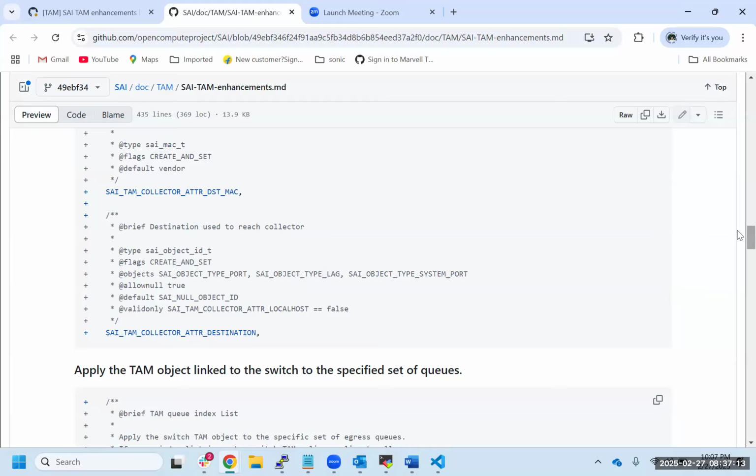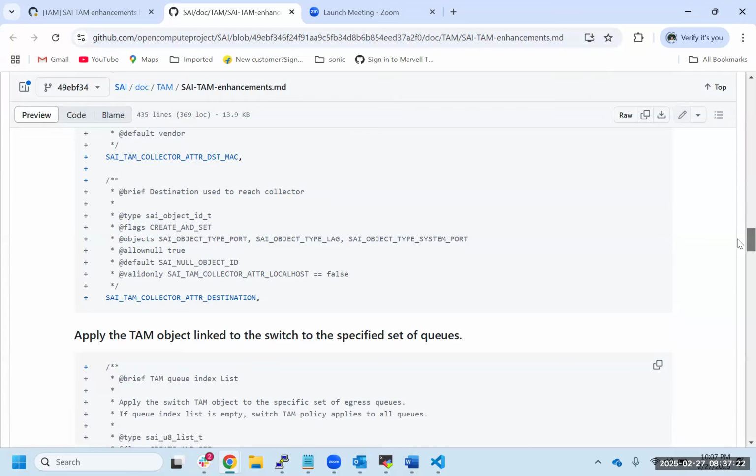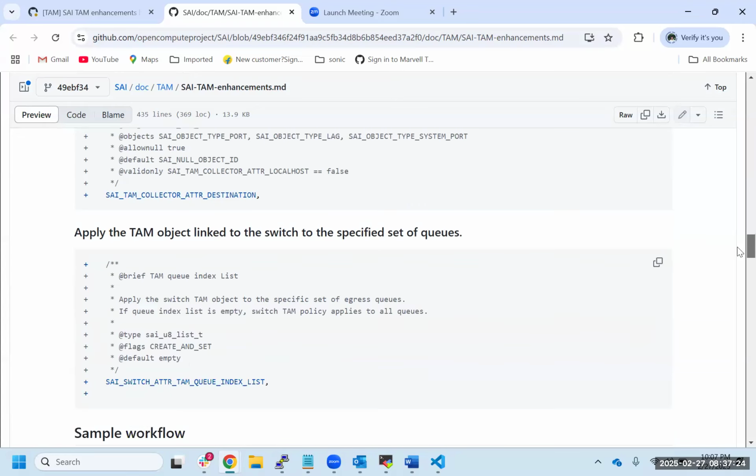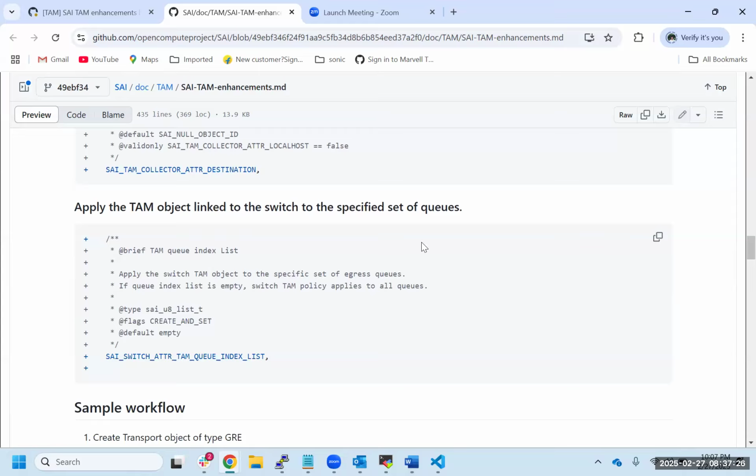Yeah, we can add a comment. Yeah, it's a valid request. We can have a VID and CAP as well. Yeah, I'll put that in the comments. Okay. So the last one is the